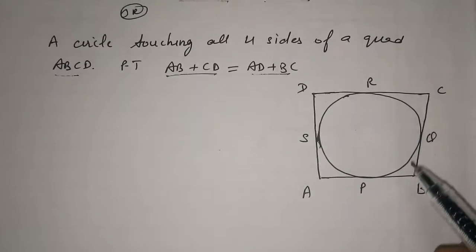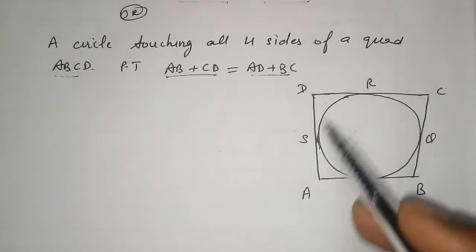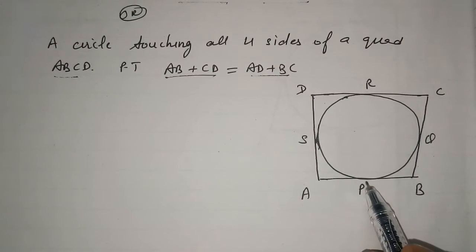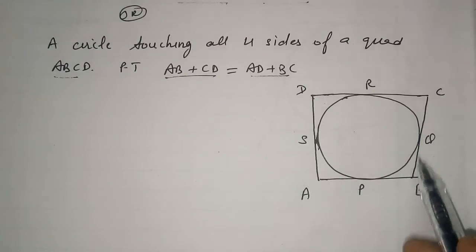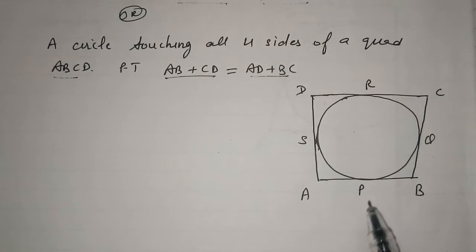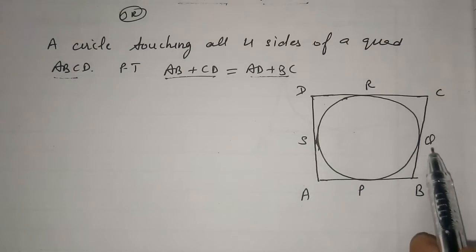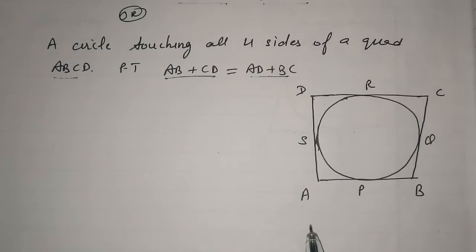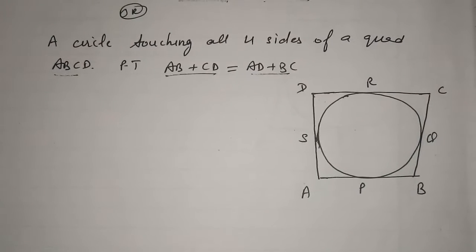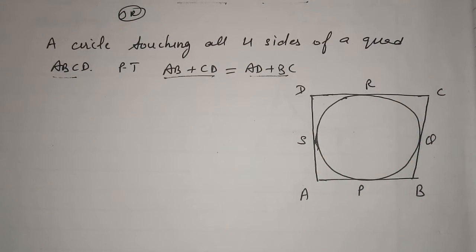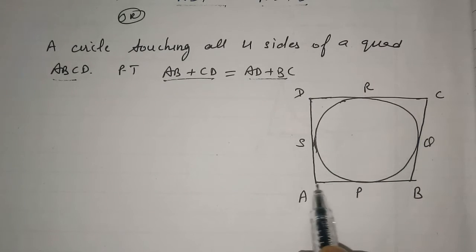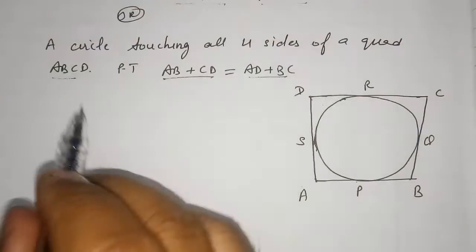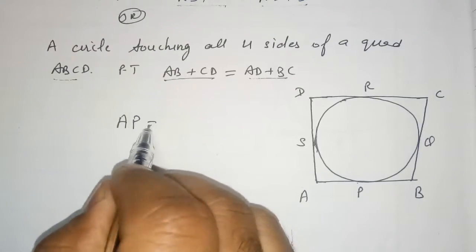Now if you see this diagram here, this is a quadrilateral circumscribing a circle, and AB, BC, CD and AD are the tangents, because these are touching this circle at one point only. So for AB, the point of contact is P, for BC it is Q, for CD it is R, and for AD it is S. Now we are using the property that the lengths of the tangents from an external point are equal. So if we consider point A, AP and AS are the tangents. So we will write here, because the length of the tangent is equal, AP equals AS.